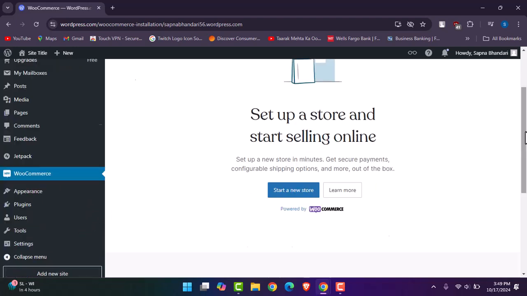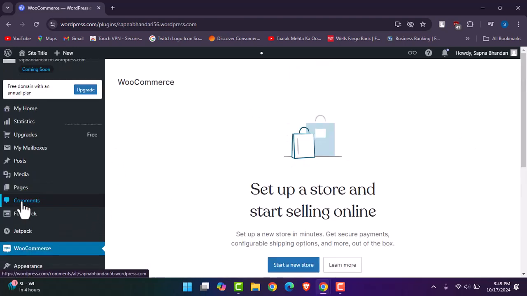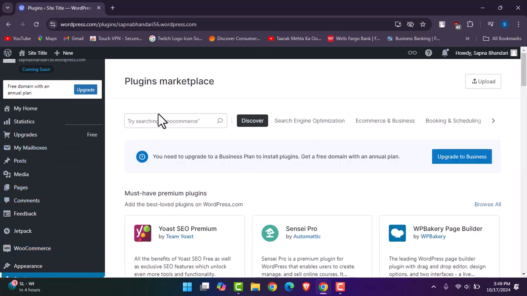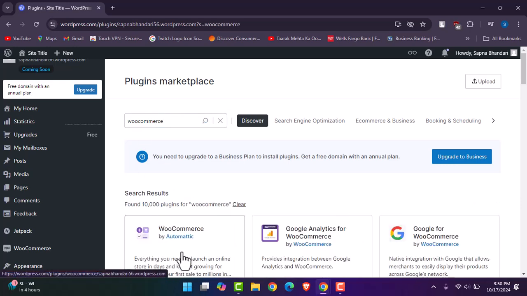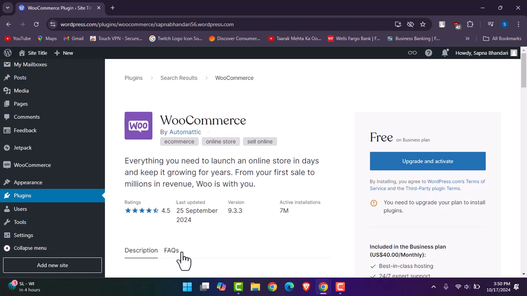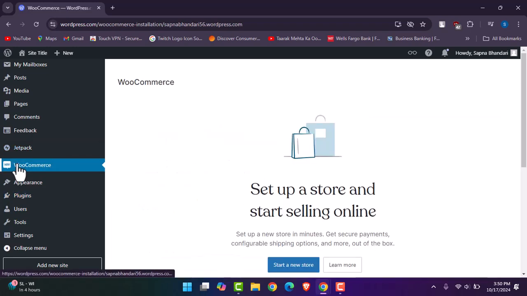and you're going to be searching over here for WooCommerce. Once you have got WooCommerce right over here, you're simply going to add this plugin and then install it. Once you have installed it, you're going to be creating yourself a store, and as soon as you have done the creating store section, you will be able to